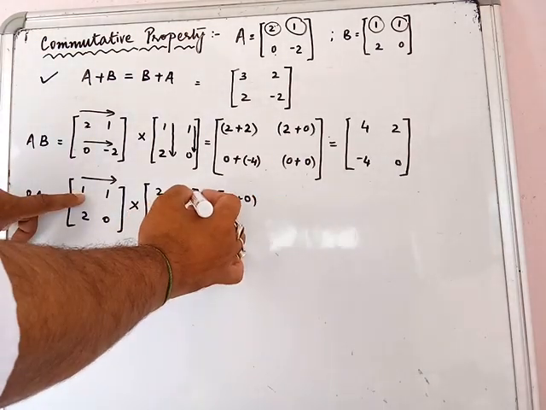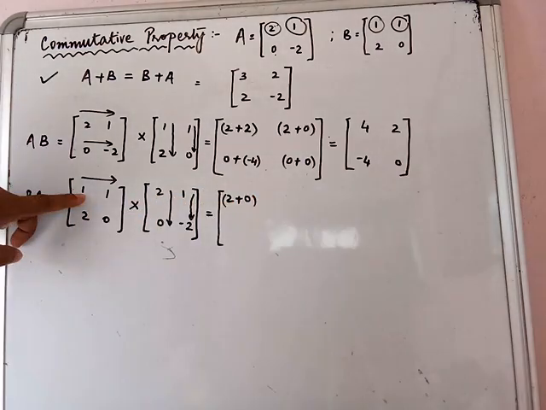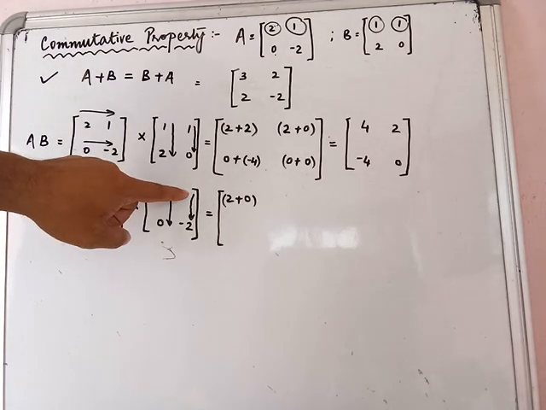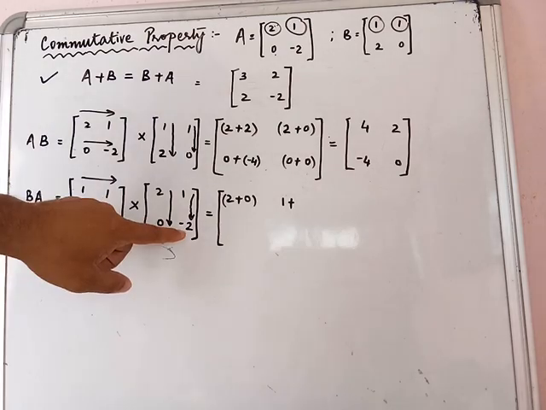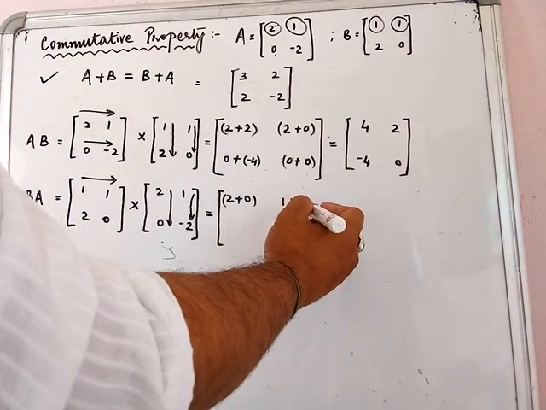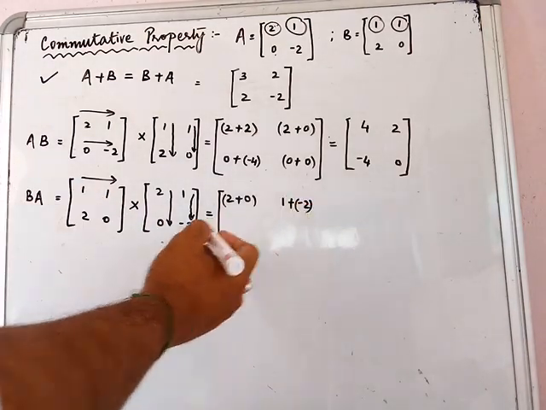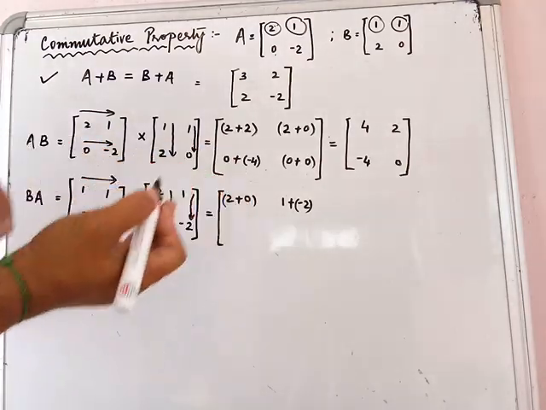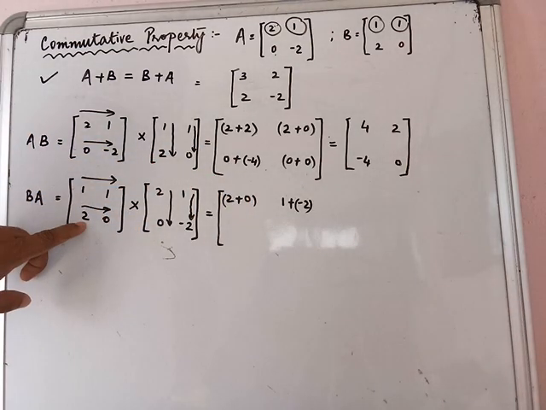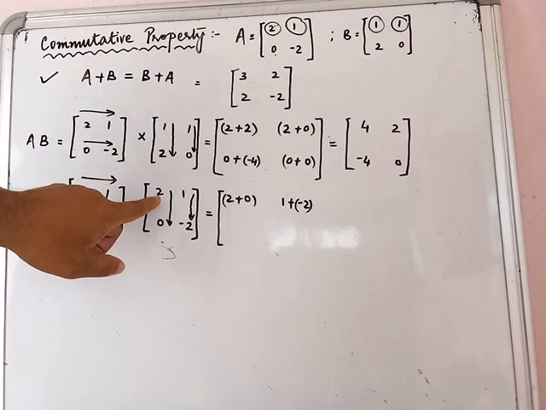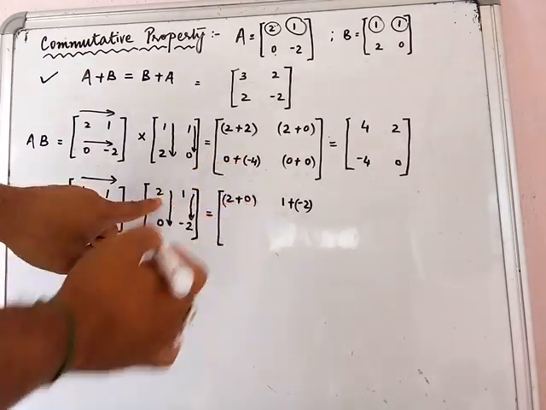Similarly, now for the second column, when you come down like this, 1 multiplied by 1 is going to give you a 1, plus 1 multiplied by minus 2 is going to give you a minus 2. Okay, now coming down to the second row, so we drop down to the second row here also like this, 2 multiplied by this 2, because see, this is the first column that we are dealing with.